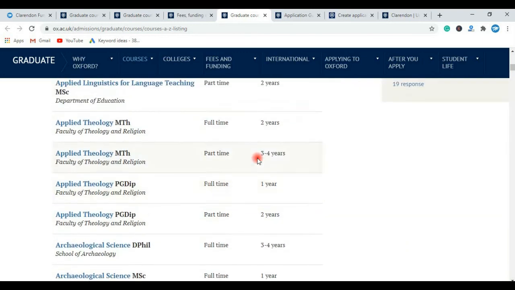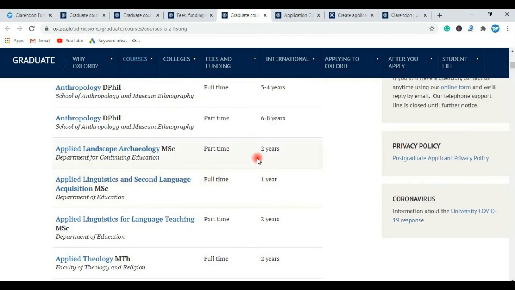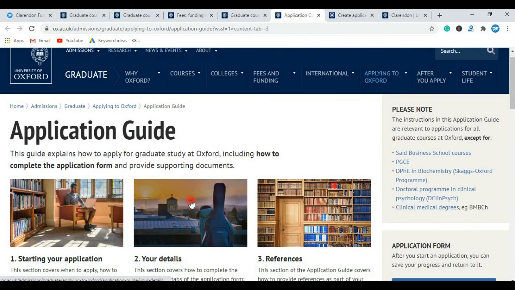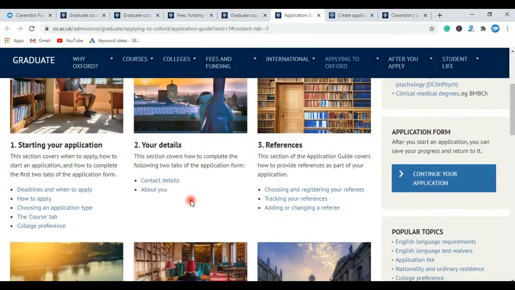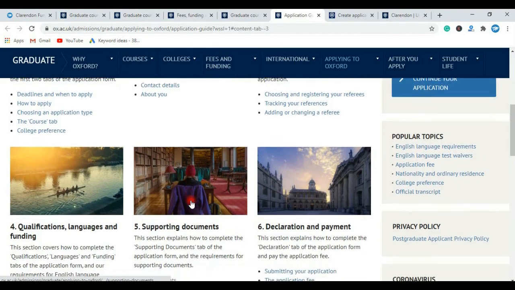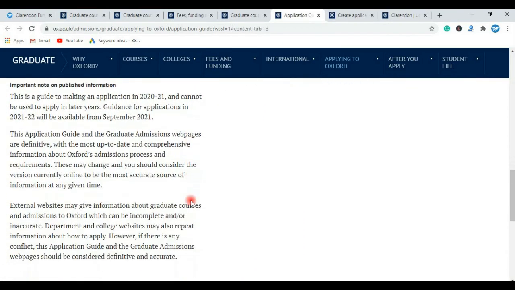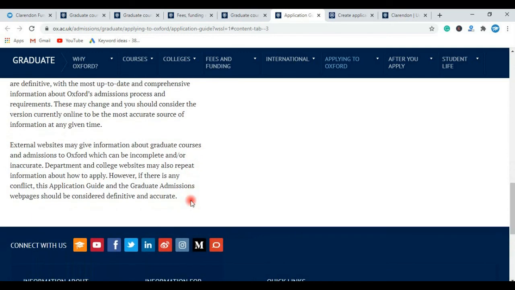All details of courses are given in these sections. Application guide, please read the application guideline carefully. Check your educational background. This scholarship is especially for excellent students whose CGPA is very high.